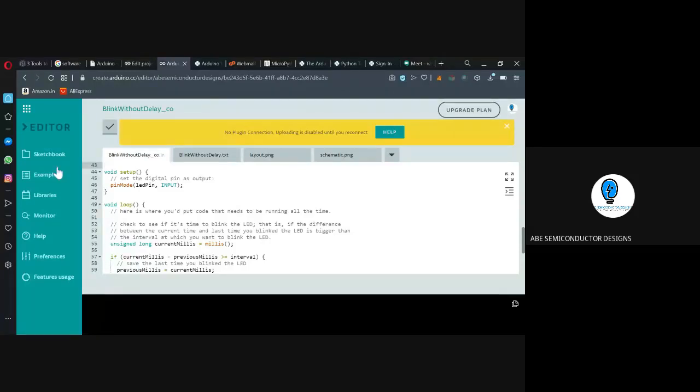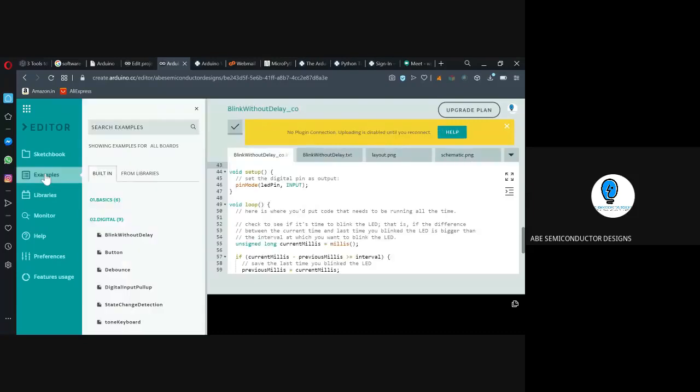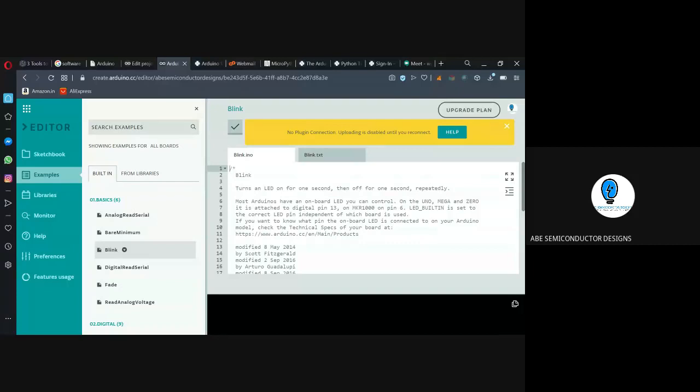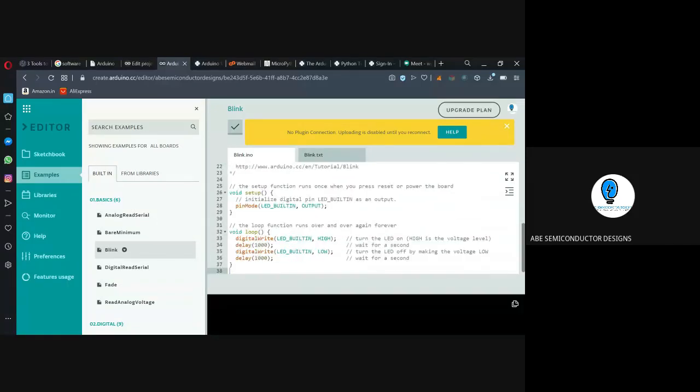Here you have a lot of examples, from which you can see what all you can do. When you want basic code, there is analog serial read, blink, and so on. You can do it and understand the logic. But if you keep on doing it on the board, it is highly impossible to understand it. So please go through everything I told you.